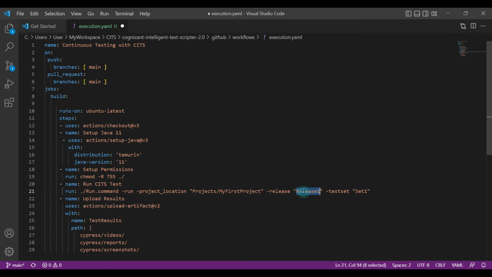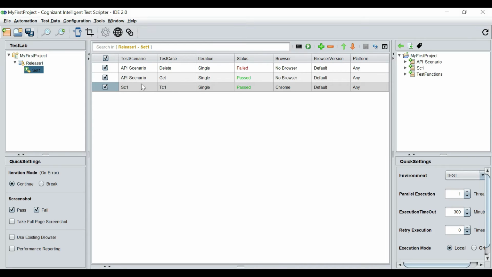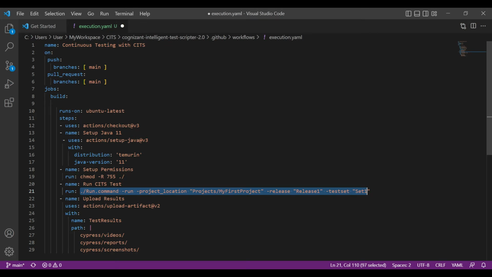The release name is release 1 and the test set is set 1. This is fine. So this is the most simple command that you can think of, which has all the mandatory parameters to execute this test set on this Ubuntu machine or the Ubuntu server. And once the